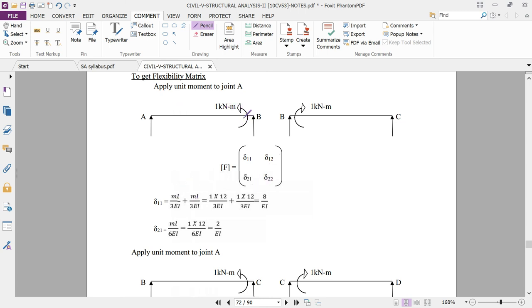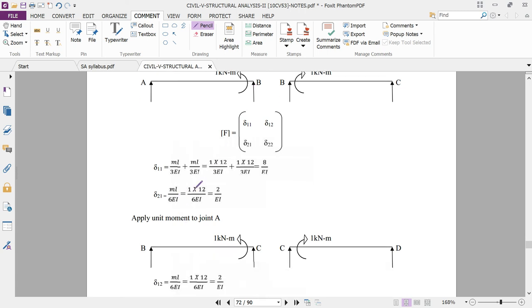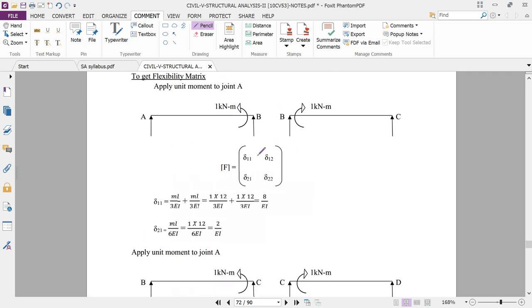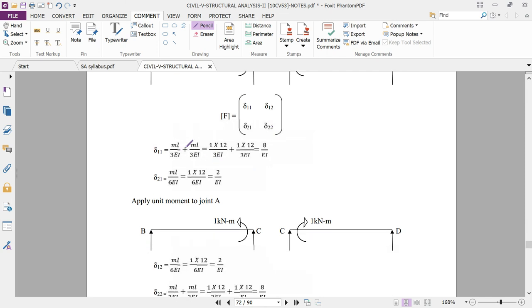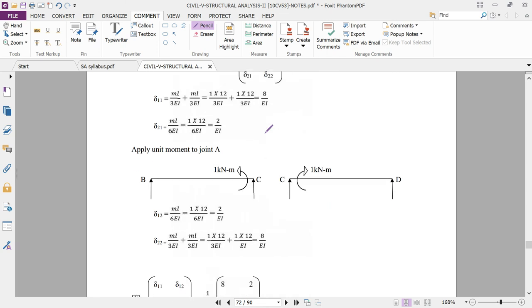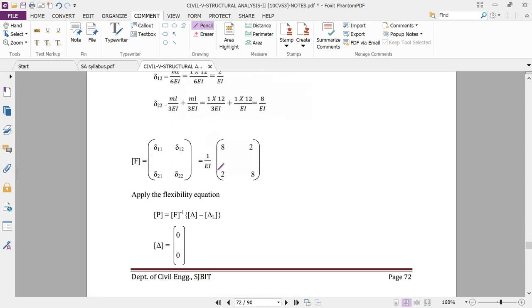where the unit moment is applied on the farther end. On the farther end we have to get the value as ML by 3EI, and at the point where the particular moment is applied, in that case we will get the value of ML by 6EI. So this value you have to understand, or you have to check that, and then you will get the values of del 11, 12, 21 and 22. So by calculating these particular values, you will directly put these values in your final matrix form,